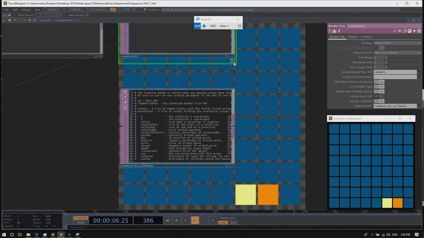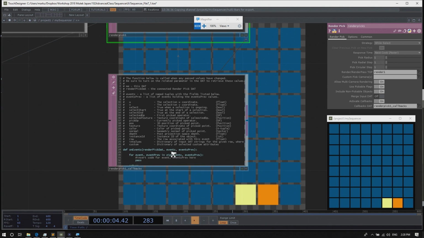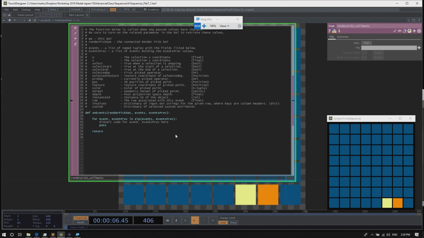And there's a default function here that is being called every time there's a render pick occurring.